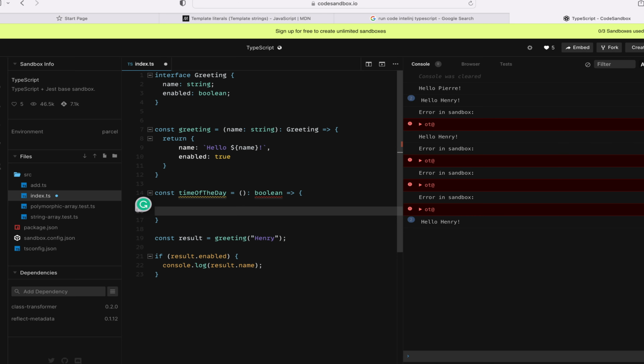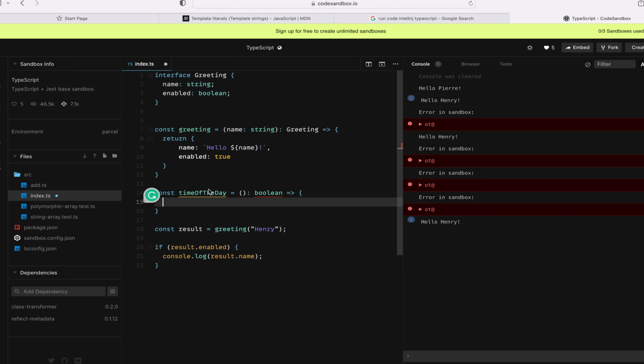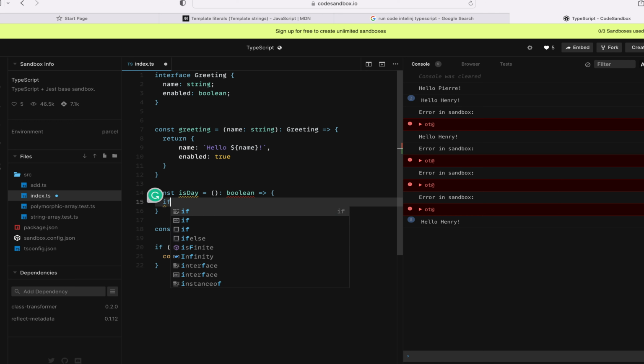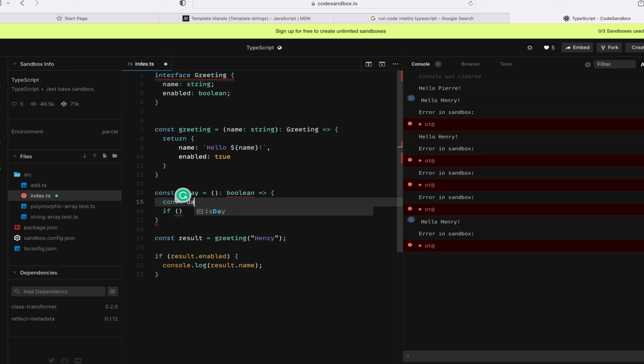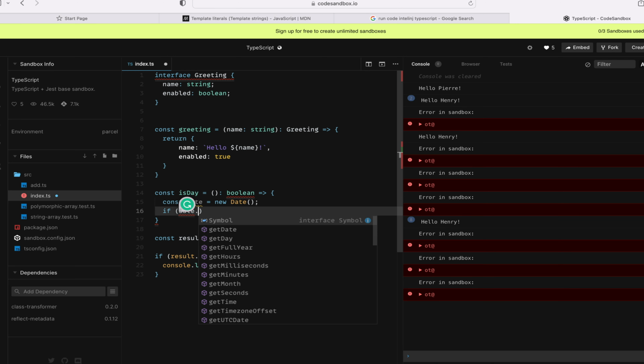Is day, or is night, maybe is night, and then we can check if, so we can do here const date equals new Date. We'll use the object, and then date dot